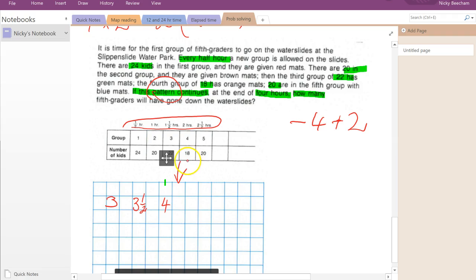We did plus 2 here, so this one's going to be -4. Yep, so this is 16 at the 3 hour mark. Everyone with me so far? Yep, this is a bit of a tricky question. And then at the 3.5 hour mark, we're going to have 18. Great. Then the next one along is 14, -4, so that makes it 14. Cool. Now, if it's not super clear on your page, just circle the numbers.